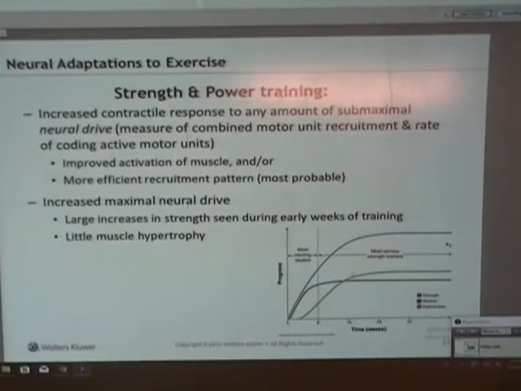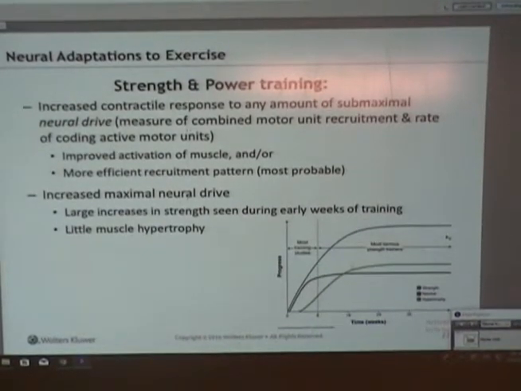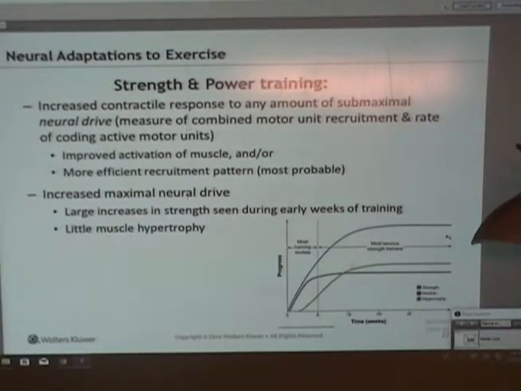If we look at strength and power training, then initially we see that the amount of contraction increases for a given stimulus that's being sent by the central nervous system. That happens because of motor unit recruitment. We turn on more motor units